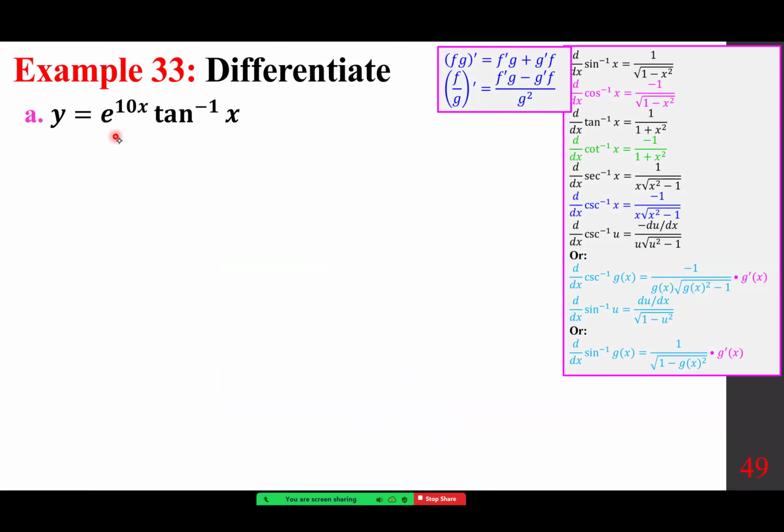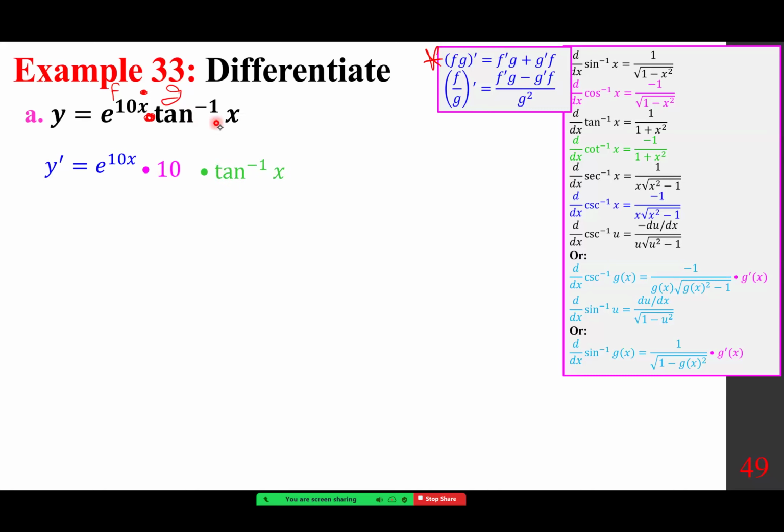y equals e to the power of 10x times 10 tan inverse of x. We are going to differentiate this, and I'm going to put a raised dot in between, meaning we are dealing with the product rule. So I'm going to differentiate e to the power of 10x, which is itself, by the chain rule times 10, times tan inverse of x,